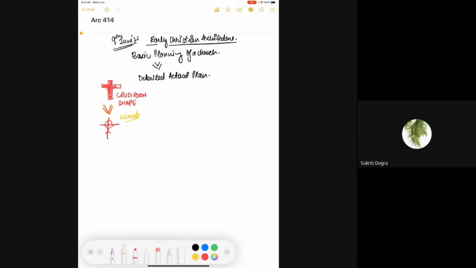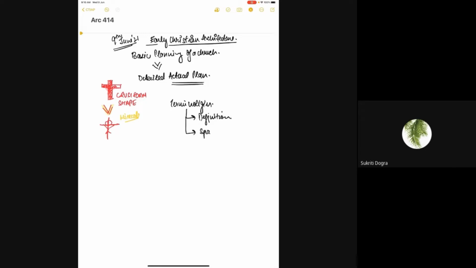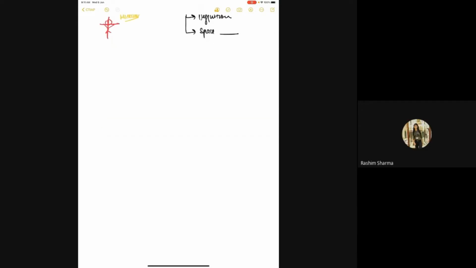So today in detail we'll discuss the plan of a church, and we'll discuss all the terminologies that we have and what all definitions we have, and how a different space is specified or dignified, and how it is explained in a church. So starting with the actual plan of a church,